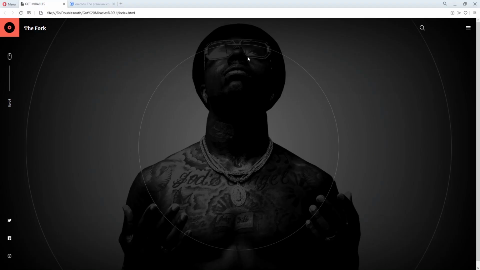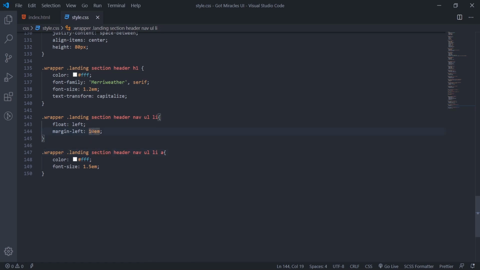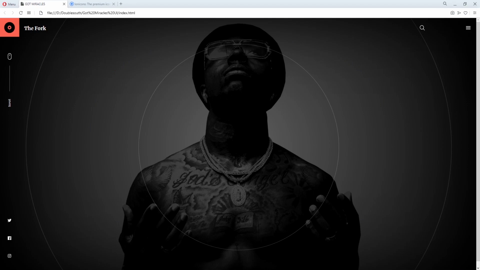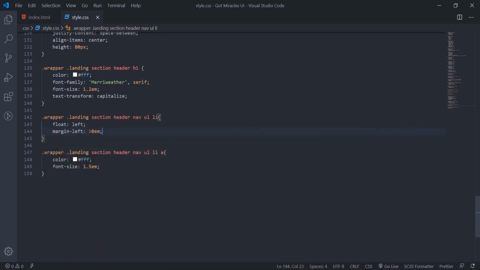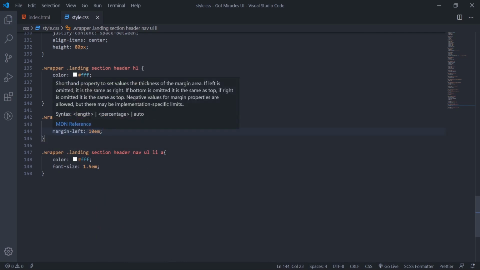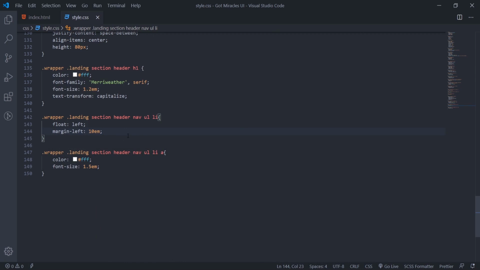So go back. See here. It still looks small, so if we increase the margin now to maybe 30. No, not this one. Margin left.